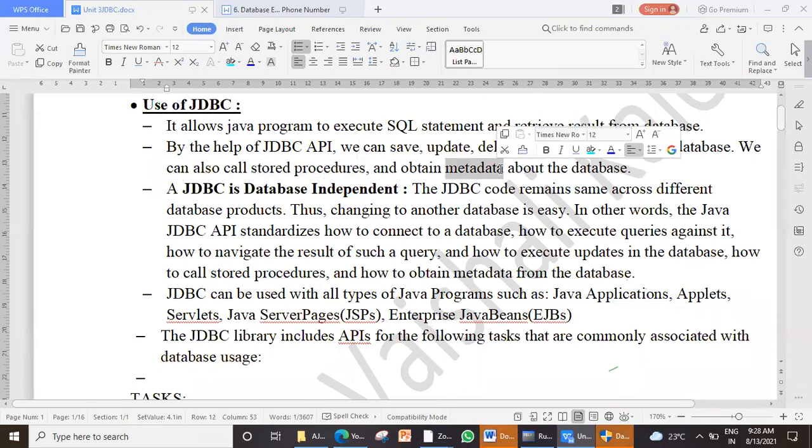Have you heard this term metadata in DBMS? What is metadata? Very important. It is data about data. When you learn characteristics of databases, metadata is data about data in simple terms. What do you mean by data about data? Like student table, when you create student table, in the background, it also stores your username and who created, when was it created.